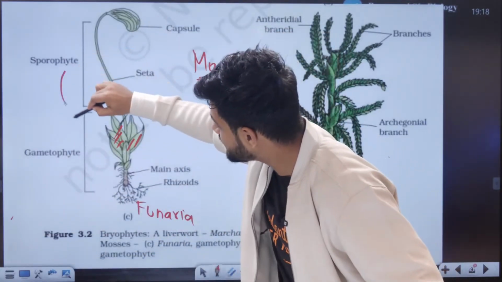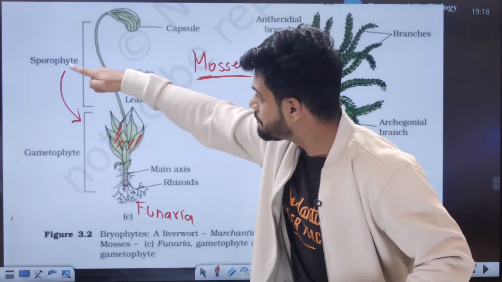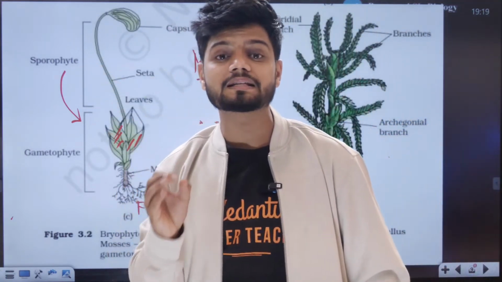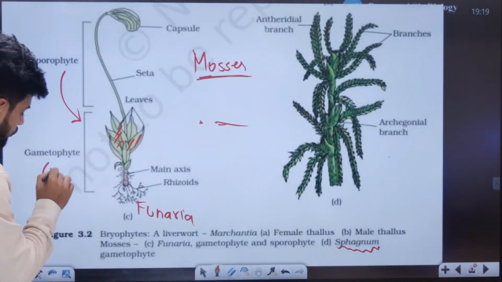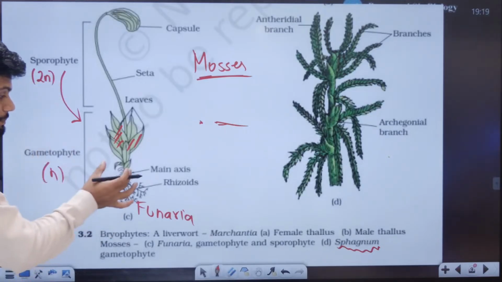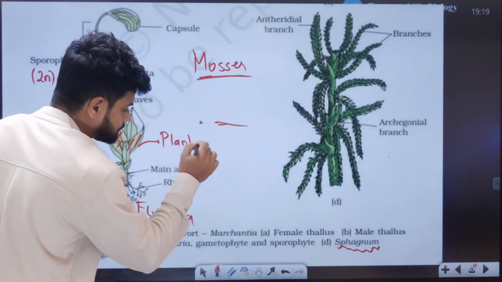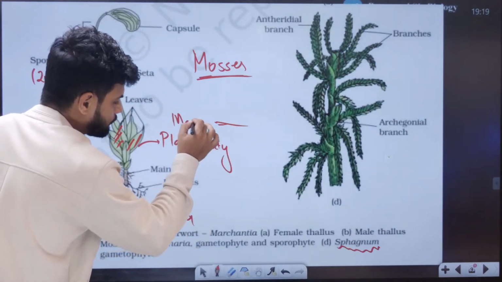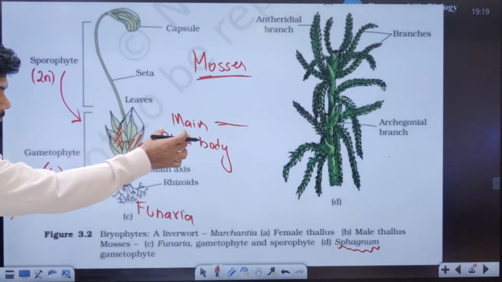Sporophyte is on the top and is dependent on the gametophyte. The gametophyte is haploid, while the sporophyte is diploid here. So in the case of bryophytes, the gametophyte, which is haploid, is the main plant body, which